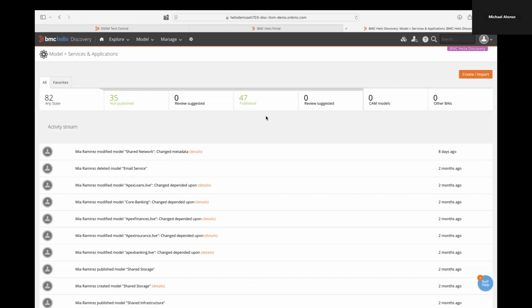Other capabilities may be AIOps, it may be our capacity planning, it may be change and configuration management inside of our IT service management platform. There are lots of different capabilities that utilize our mapping technology. And then the 35 that say not published, these are things that we're just working on or that we use for demos and things like that, that we've built out that are kind of in non-production status.